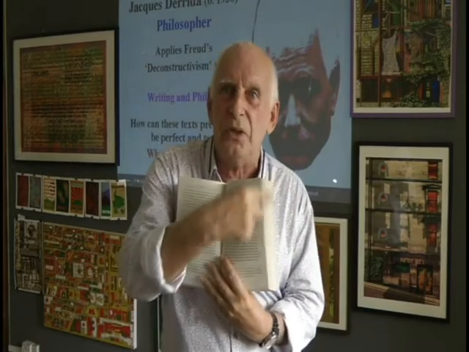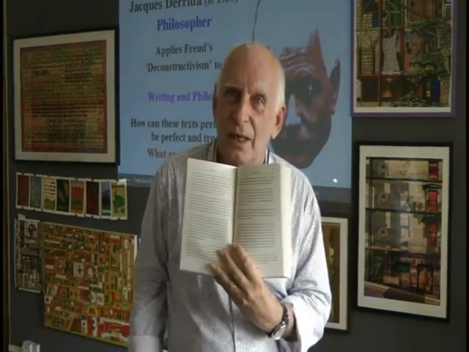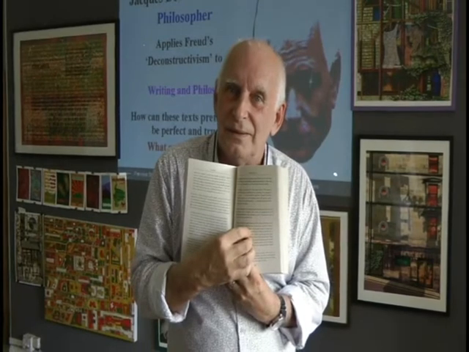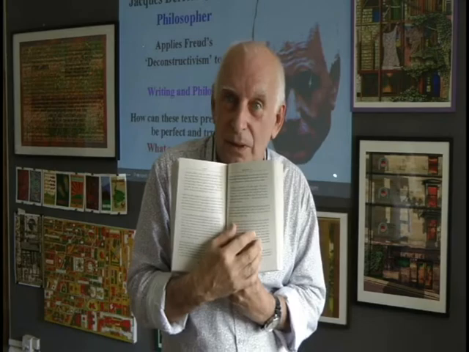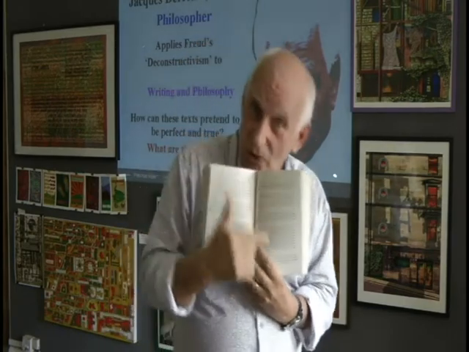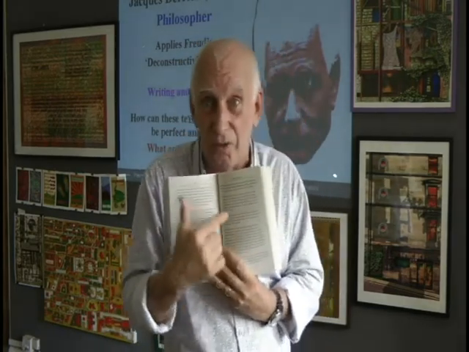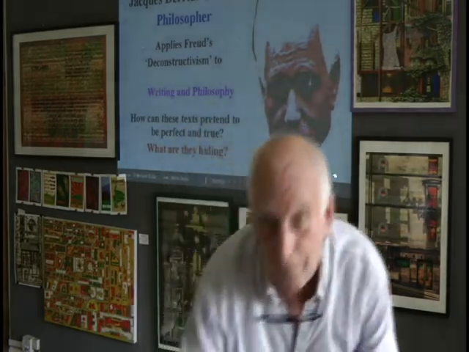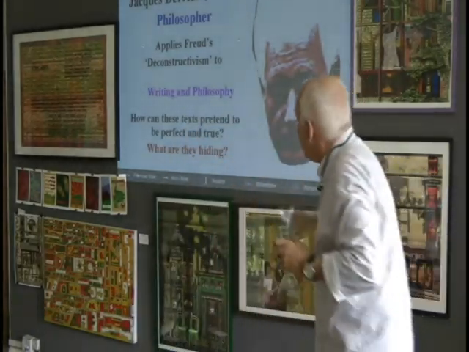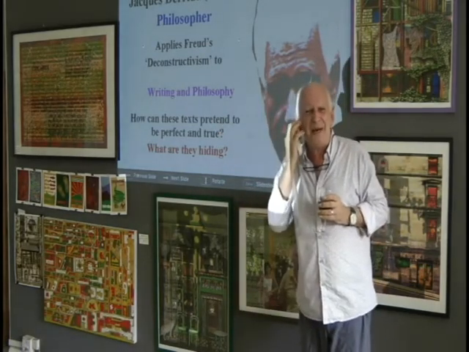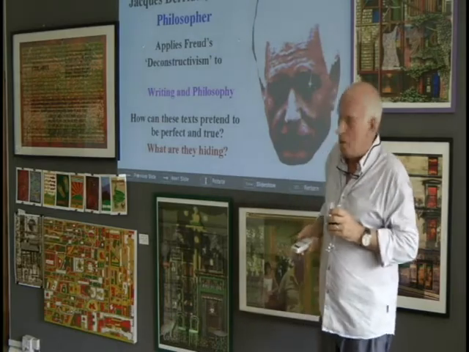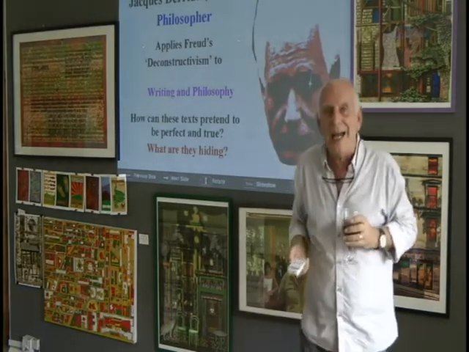So clean, so neat, so perfect, okay? It all looks highly organized, as if it had always been like that. Derrida says that's impossible. This page is not a true reflection of the text as a whole. Okay, why? Well, let's look back at what he thinks here. How can these texts be that perfect? Can anything be that perfect? Well, he says no. What are they hiding?